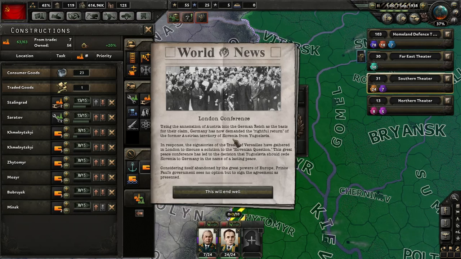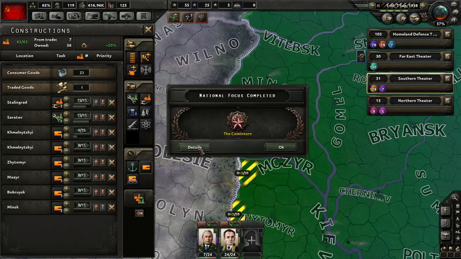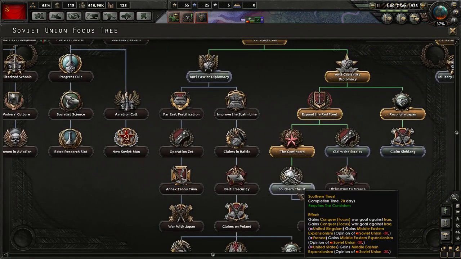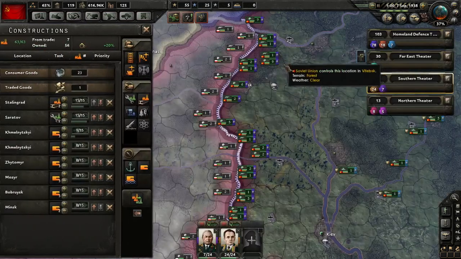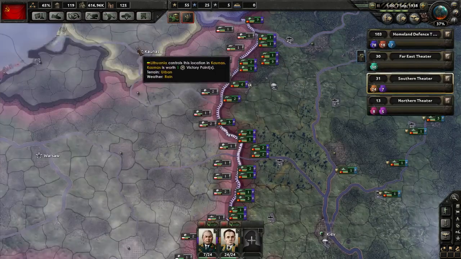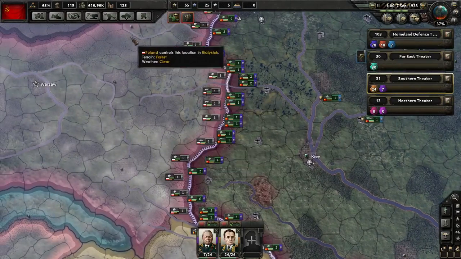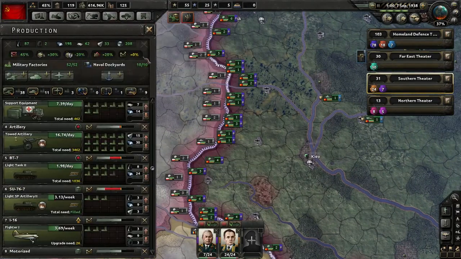Okay, so Slovenia. Germany demanded Slovenia from Yugoslavia, and the Allies gave in, and I think gave them that territory. So Germany might actually be looking for a southward expansion. We've finished our Comintern, which means we can now go to our southern thrust, which will hopefully allow us to attack Iran. And we can continue on our